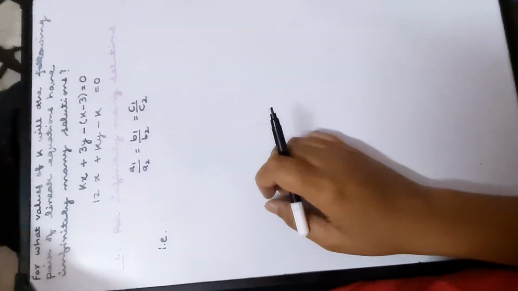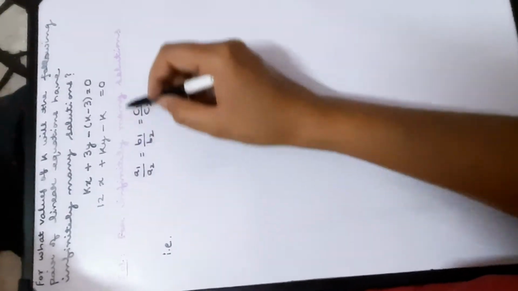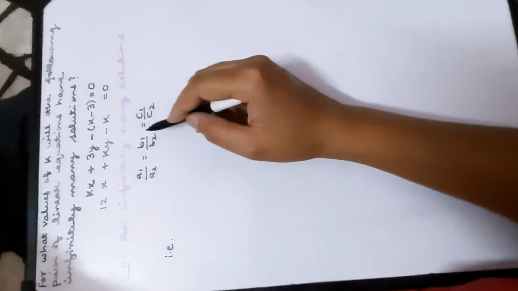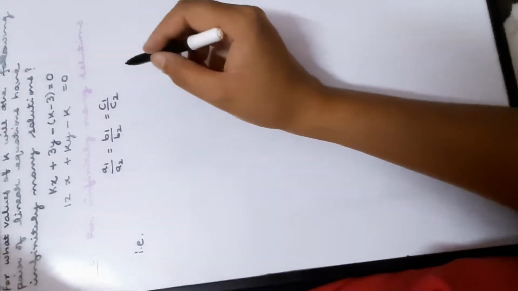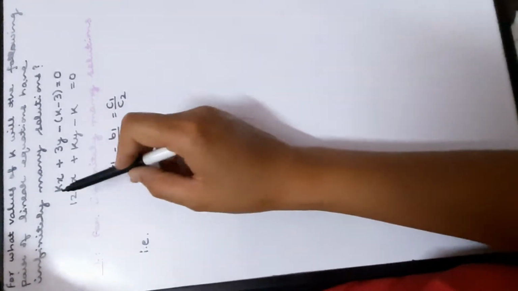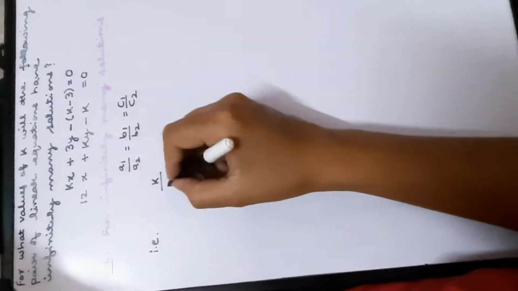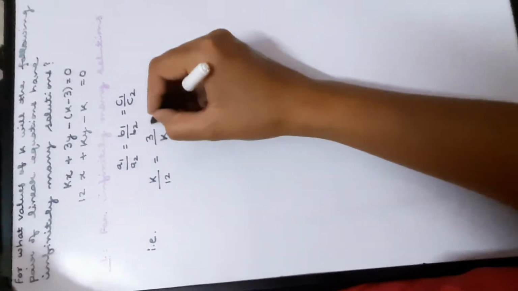So the next question is, we have to find the value of k for the following equations to have infinitely many solutions. You know beta, for infinitely many solutions, a1 by a2 is equal to b1 by b2, equal to c1 by c2. Coincident lines, everything is same, remember? So now here, let us put the value of a1. a1 is the coefficient of x, which is k. a2 will be 12, b1 is 3, b2 is the coefficient of y, which is again k, equal to.